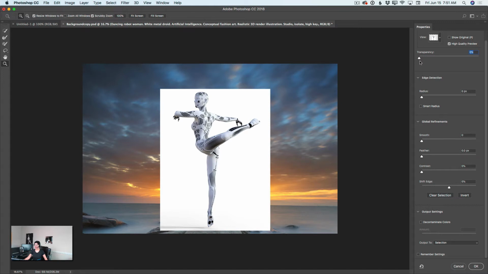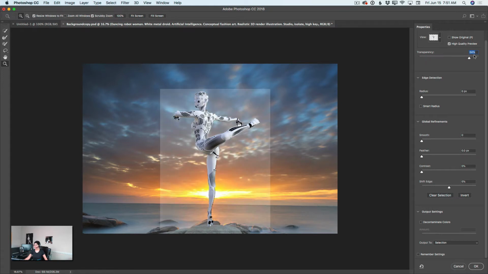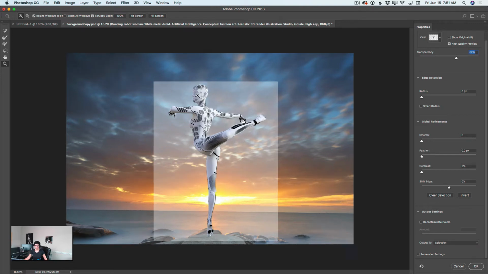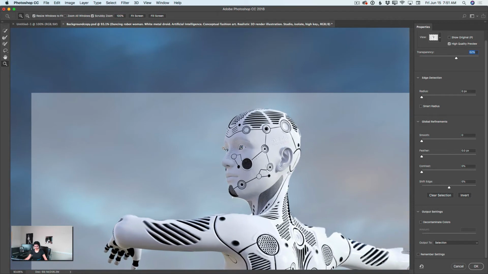If I move my transparency slider all the way to the right, I will hide my white background. I prefer to have it somewhere around the middle, just to see my main subject. I will switch to the Zoom tool and zoom in on my image to see if I missed anything, and definitely I did. So I will switch to the Brush tool with the plus icon selected, and I will paint back